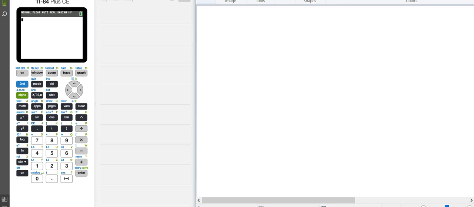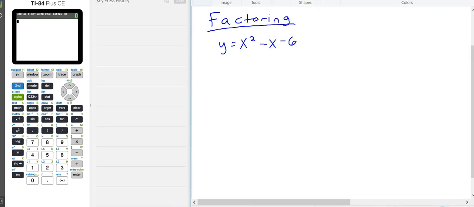In this video, we're going to discuss how to solve quadratics, how to solve for the roots of quadratic functions by factoring. Let's say we have the function y is equal to x squared minus x minus 6, and we want to solve this equation for its roots. Whenever we're solving any equation for its roots, its zeros, we're just solving for its x-intercept, where that graph crosses